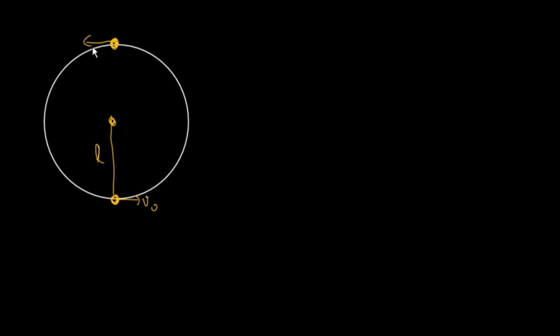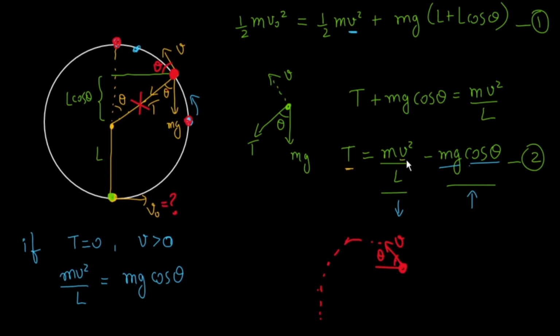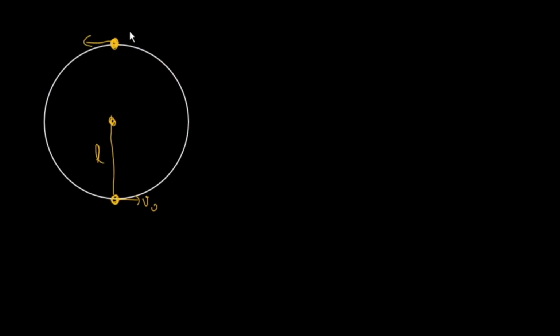Because, let me again explain, if it just reaches here, remember what I said. What I mean by saying it just reaches here? That means my tension and velocity, both will keep on decreasing as and when I move upwards. So at the topmost point, my tension will be the minimum, but there will still be some speed, because speed will never become zero unless tension becomes zero first. So if the tension becomes zero exactly at this point, then I will have my mg force just like this, but there is no tension.